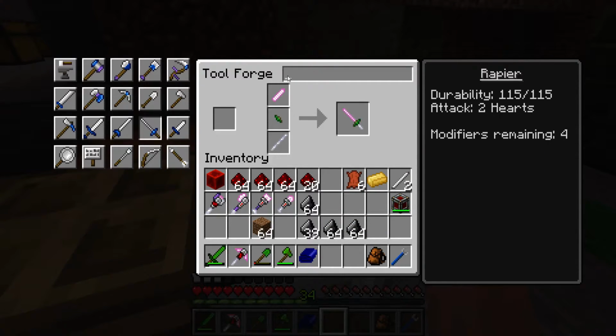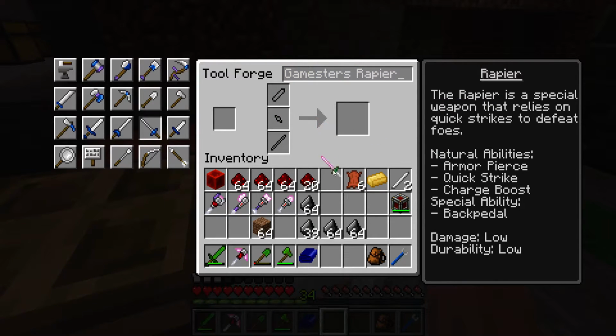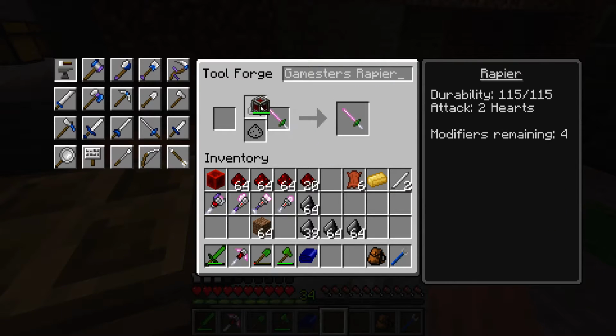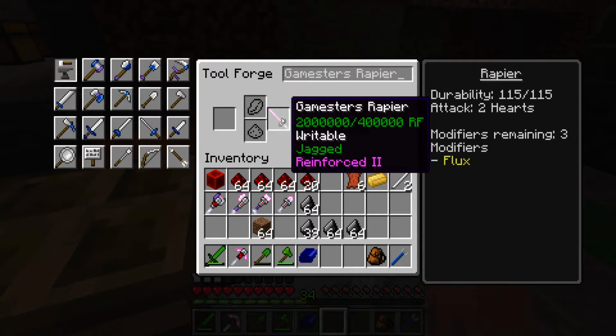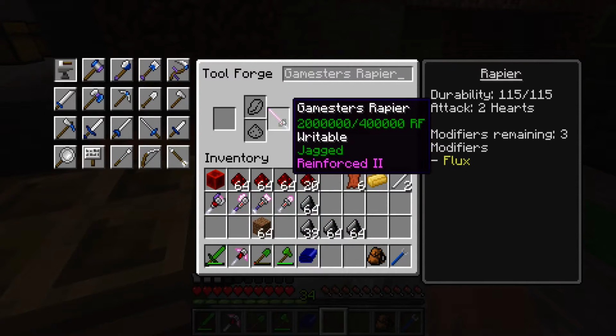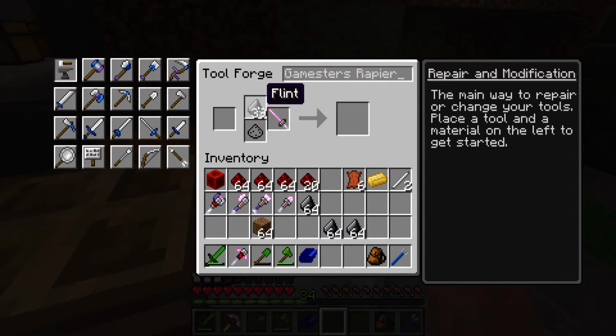So anyway, let's name this. And create it. There, we got a nice weapon. Now the next thing that I want to do is I want to first add this. So that will give it a nice high durability of 2 million. And remember, all of these tools and the weapon we will be building the machine to recharge them. And the other material I will add,